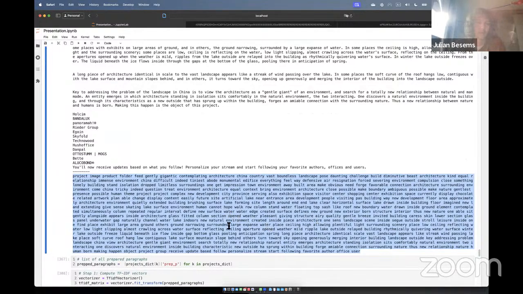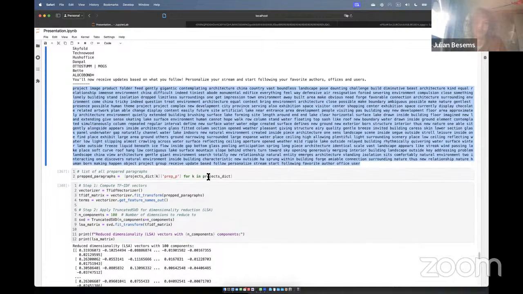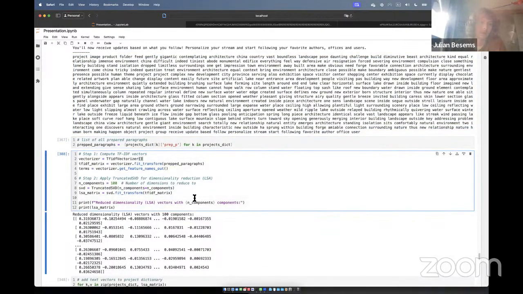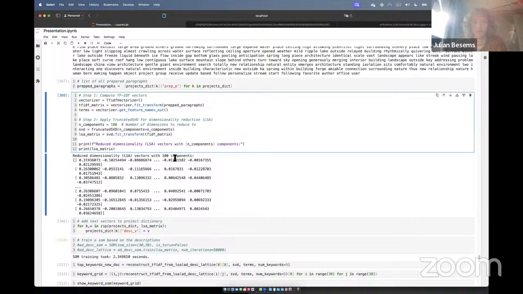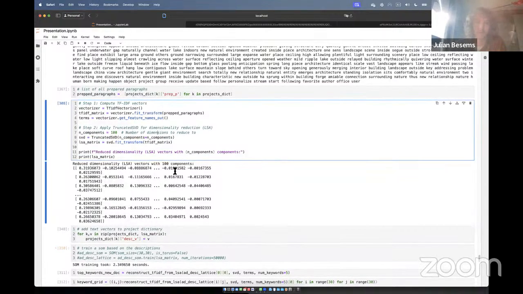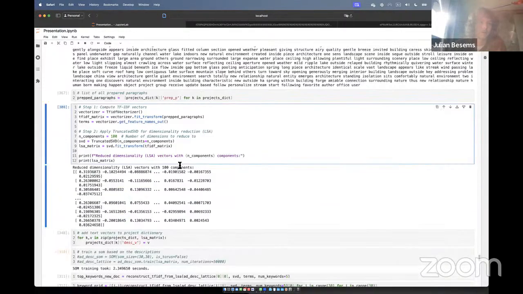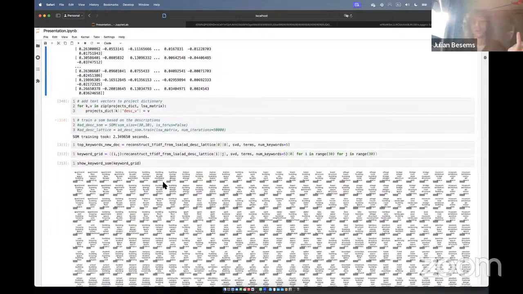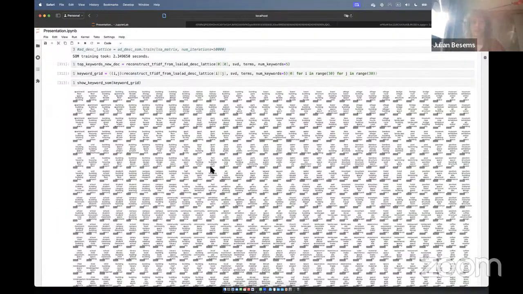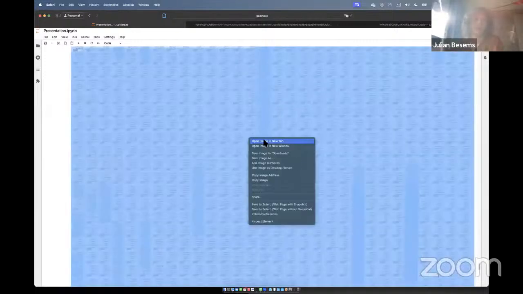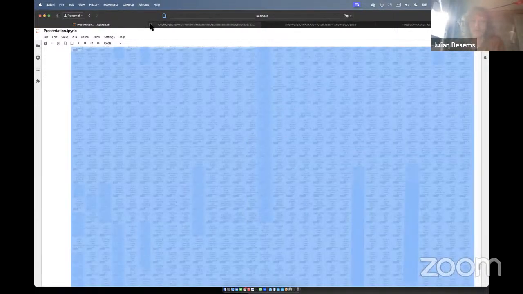And after that, we train a model on all of the text data, which is vectorized by using a TF-IDF. Look it up if you want. And then after that, a dimensionality reduction using truncated SVD, which gives us vectors of each paragraph in 100 values. So a 100-dimensional vector represents each overall paragraph, which then if we start putting the keywords of each of the points in the self-organizing map and render that, we get this map.